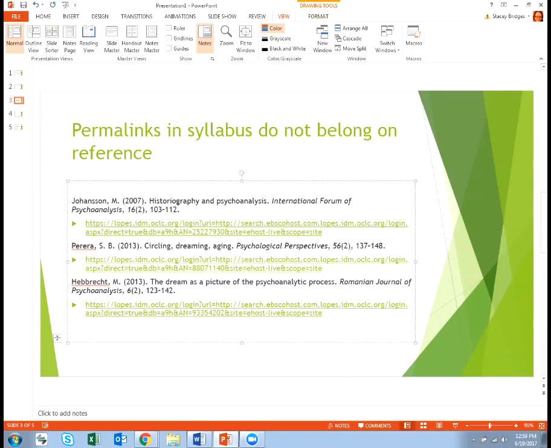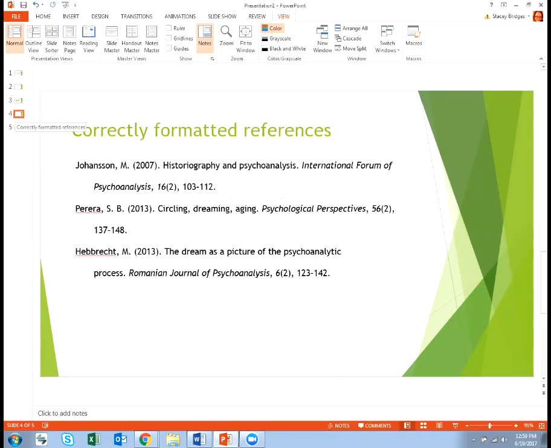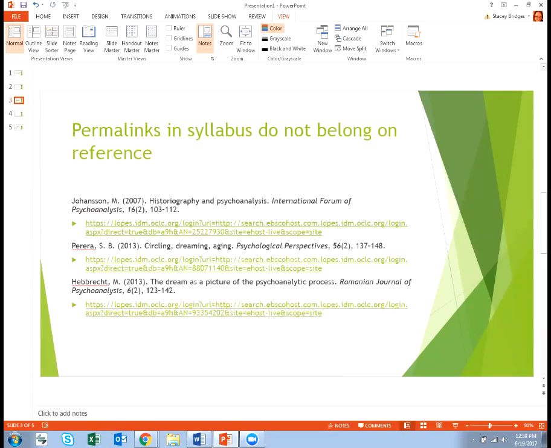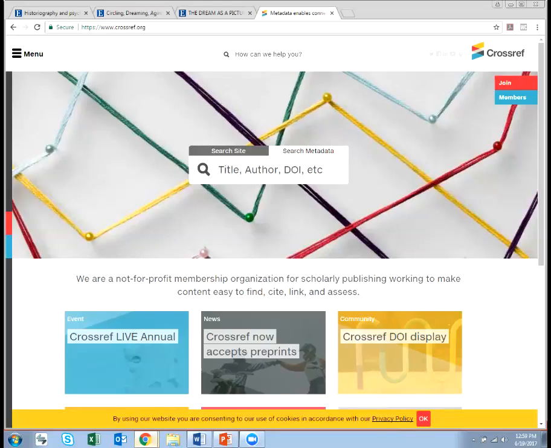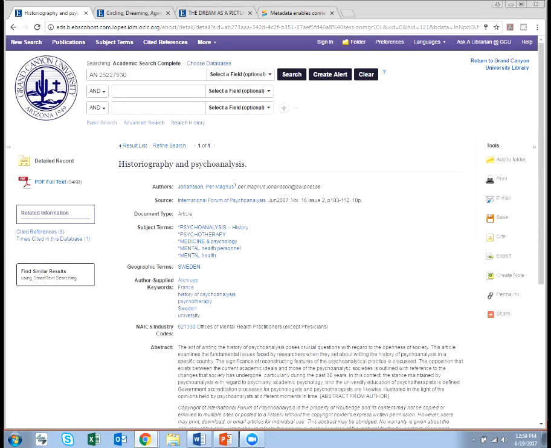So we're going to walk through a few of these to demonstrate this. I've taken the permalinks out here and we'll walk through these together. So step 1, let's look at Johnson. We can just click on the actual permalink. I already have it up. So this is Johnson, Historiography and Psychoanalysis. Now you can open the PDF